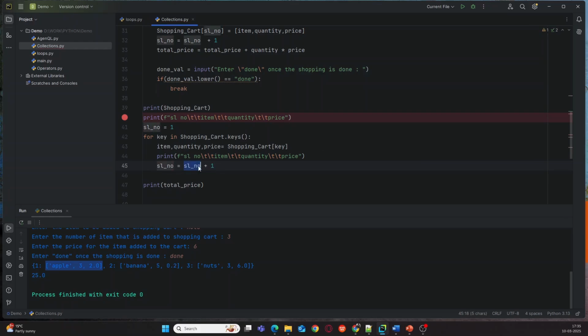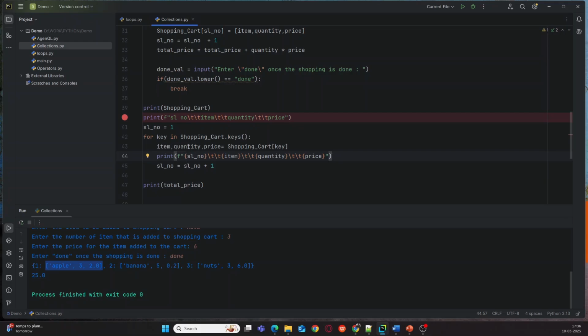I have to give the serial number here. So I will remove this, I will give an item here, then I will remove this, I will give a quantity here, then I will remove the price and give a price here. Okay, then